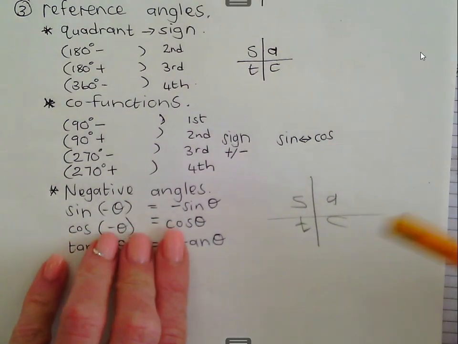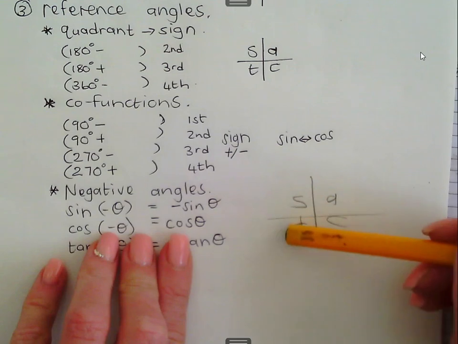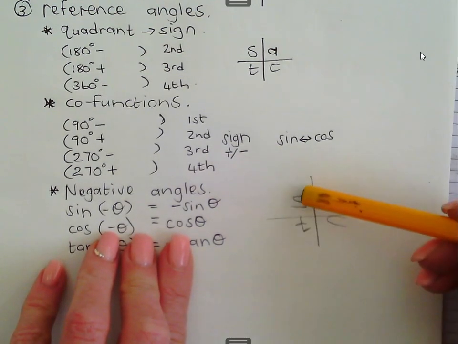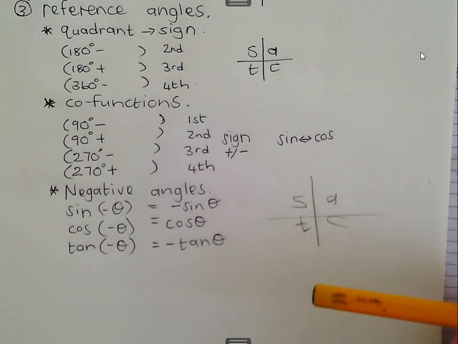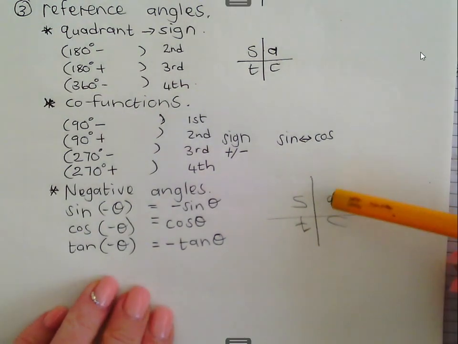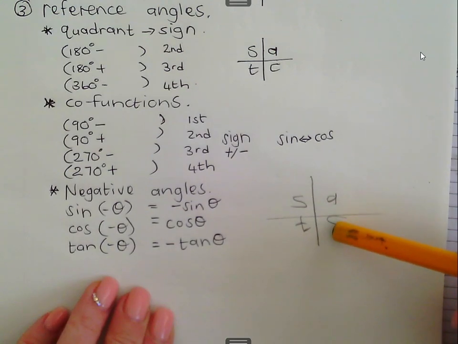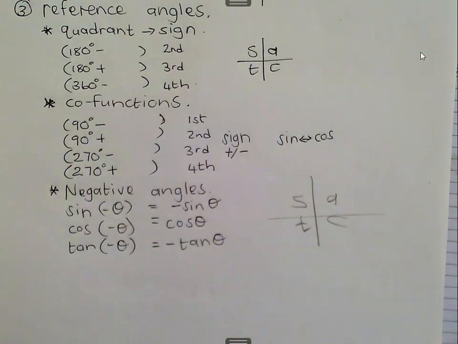But if you work with sin in the right direction, it's positive, positive, negative, negative. Wrong direction, negative, negative, positive, positive. So it's swapped around. That's why it has to get a negative. So it's going to make all the negatives positive and all the positives negative. Tan, positive, negative, positive, negative. Wrong way around, negative, positive, negative, positive. It's the wrong way around. That's why it needs that sign. Easy, hey?